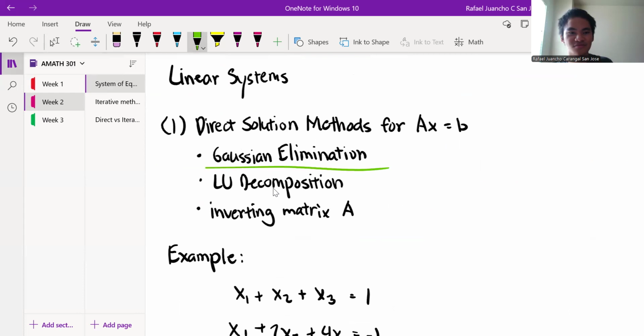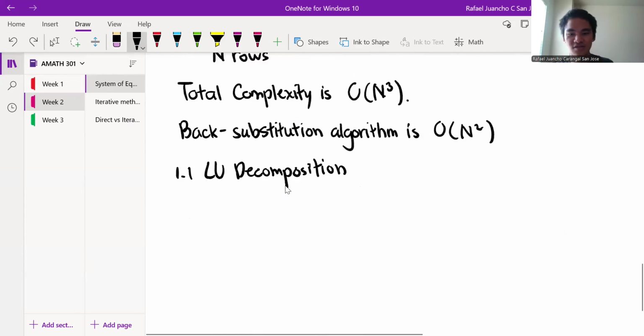So I'm done with Gaussian. Now I'm here in LU. So let's do that. For LU decomposition, each Gaussian elimination operation costs O(n cubed) operations. And this can be computationally prohibitive for large matrices. If we had bigger and bigger matrices, it's going to be extremely slow, right? However, when we're working with the same matrix A, the operation count can easily be brought down to O(n squared). So that's the idea of this LU decomposition